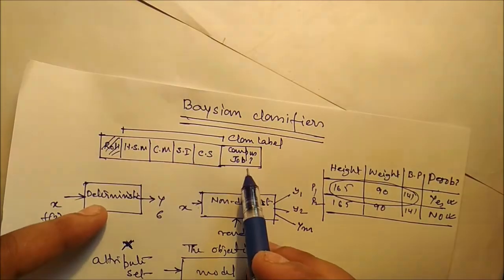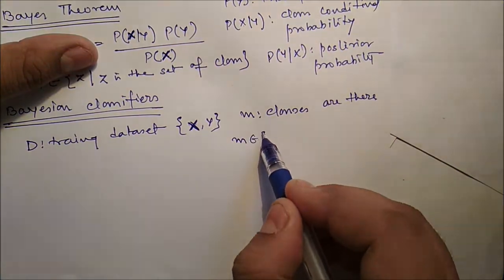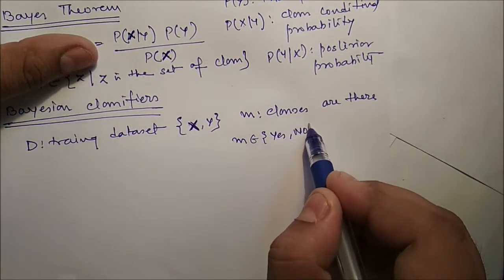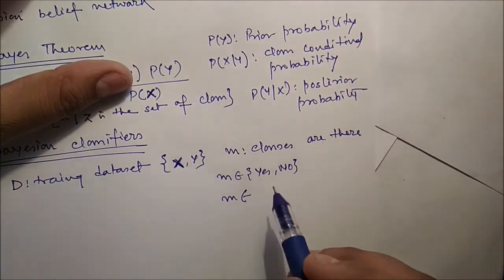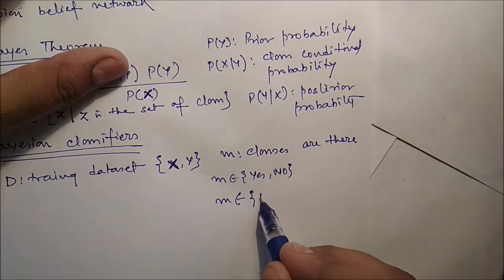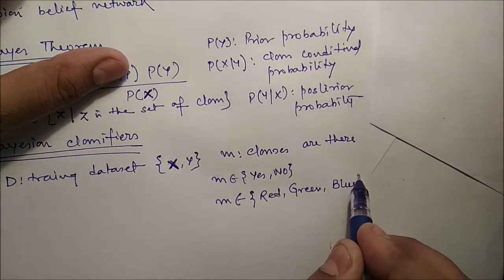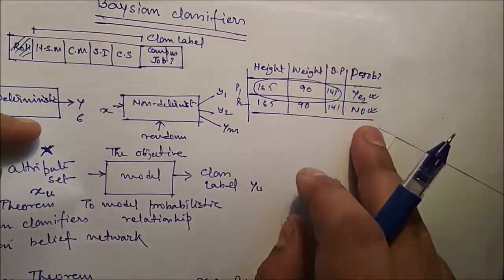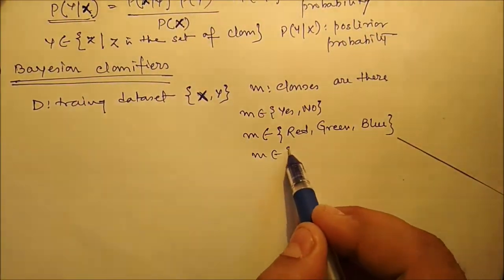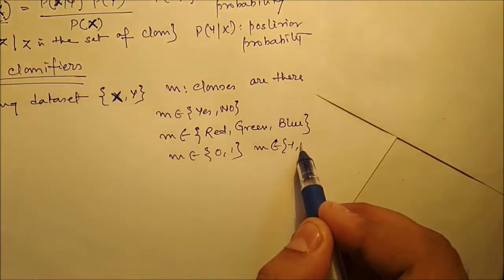For example, whether he or she will get a campus job or not. So campus job, yes and no. So what will the class level be? In this case, yes or no. Or three classes are there, red, blue, green. So three colors are there, and we have to predict what the color will be. In that case, the classes will be red, green, and blue. Or whether that particular person has that particular problem or not. So yes and no, this is the class level. Similarly, the class level may be 0 or 1, or the class level may be -1 or 1.